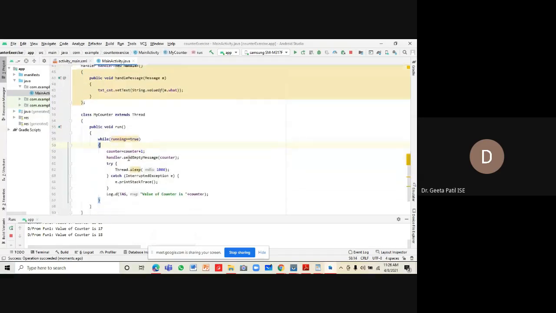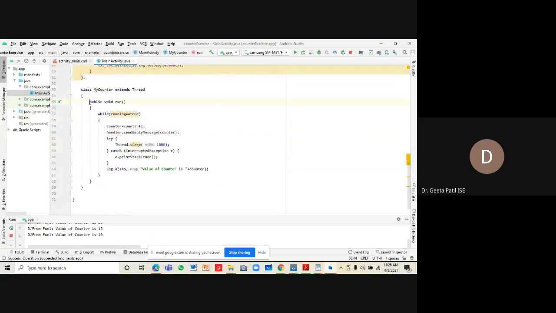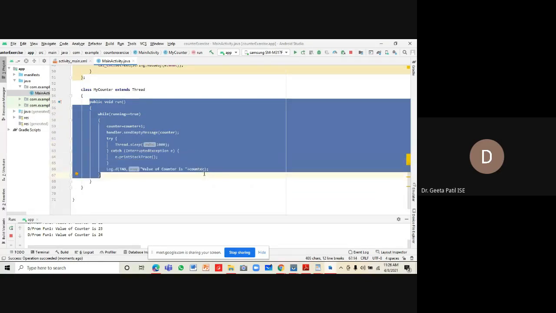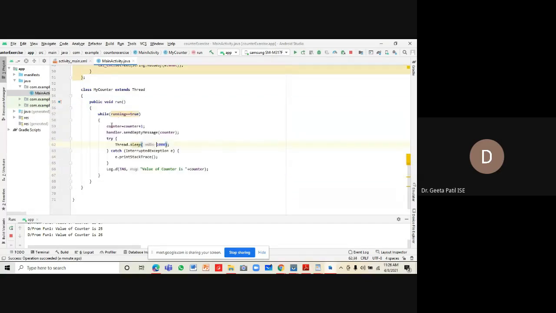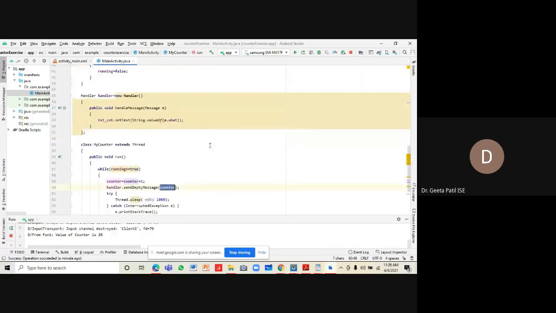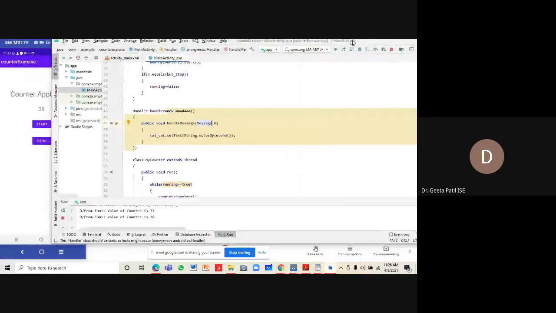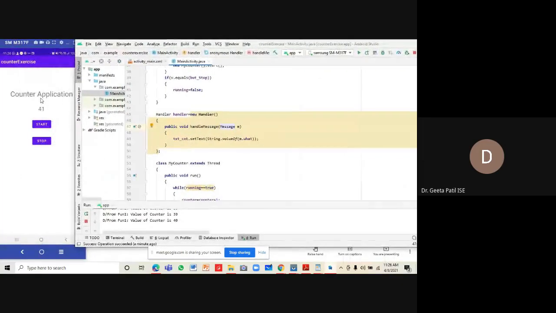So a new thread is created, and the code got executed. In this code, we are just incrementing the value of the counter. We are putting it in the message queue, and from the message queue, the main thread is taking the value and it is updating this particular counter.